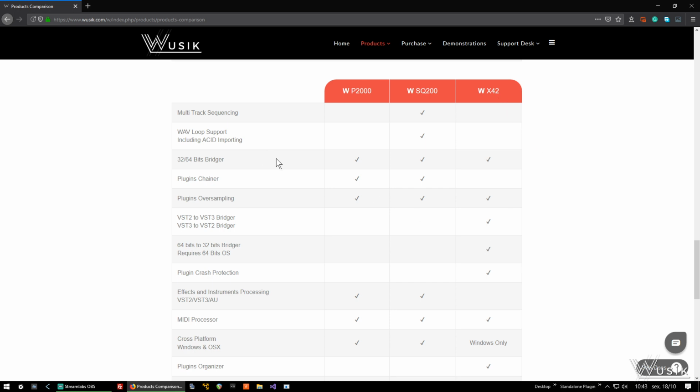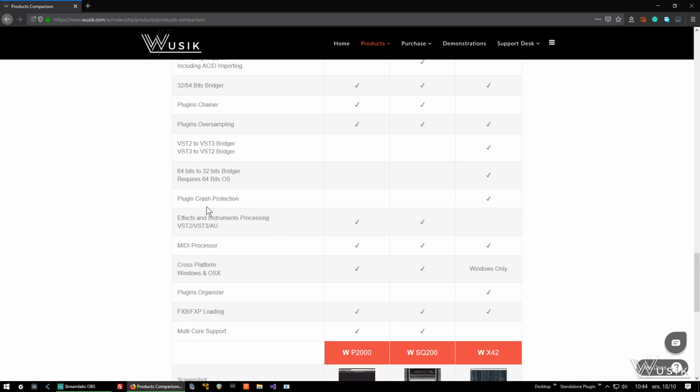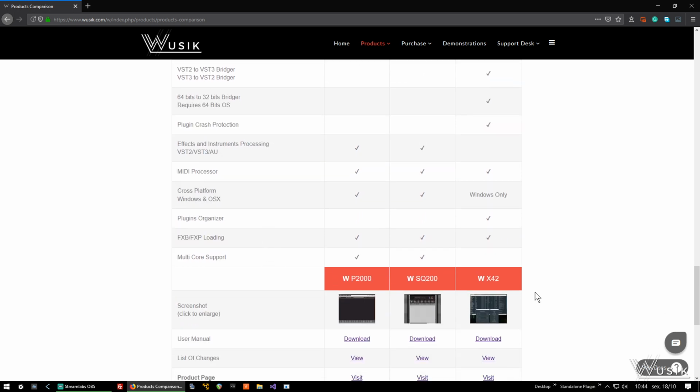So right away, you can see that P2000 has the option of chaining plugins, but X42 has the option of VST2 to VST3 and VST3 to VST2 bridging, and a 64-bit to 32-bit bridger, but you require a 64-bit Windows operating system, and plugin crash protection, and that's it. And Wusik X42 is Windows only, and also allows you to organize your plugins,